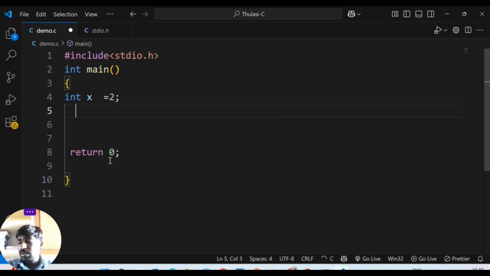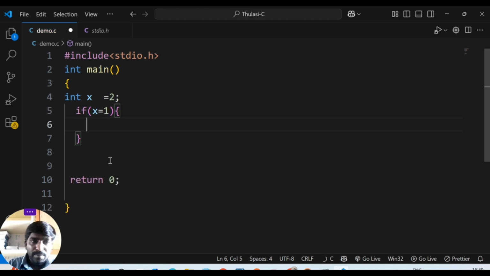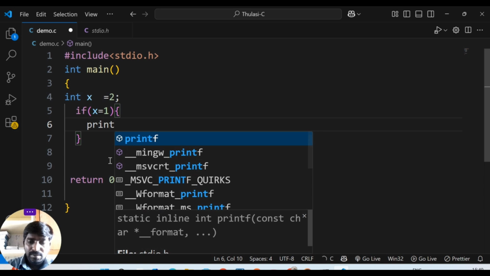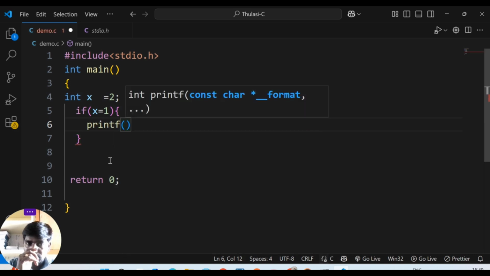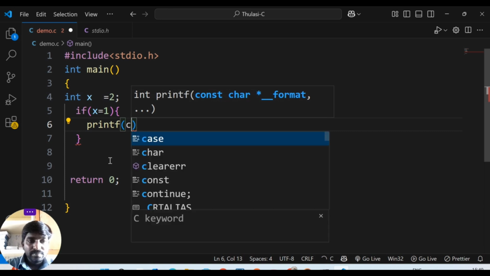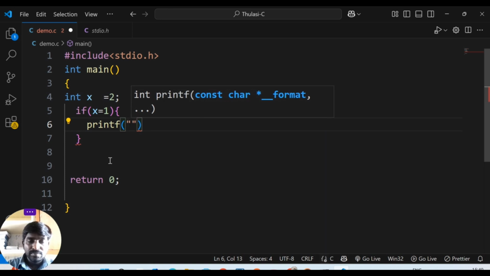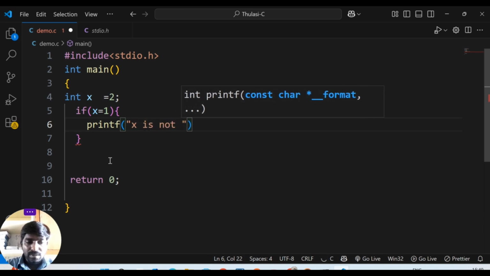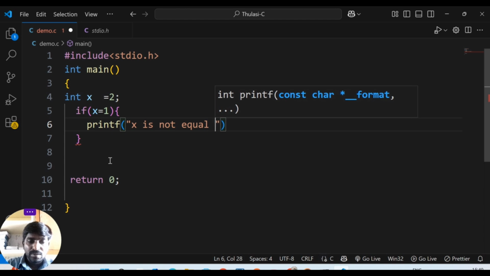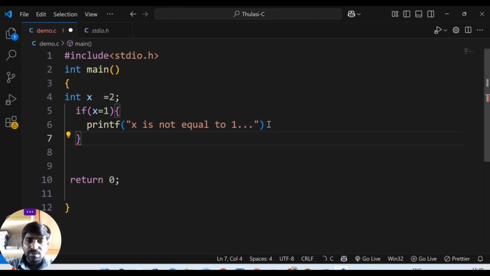Then coming to if, x equal to 1 I have to give, print, so print "x is not equal to 1". So run this code, you will get, see,